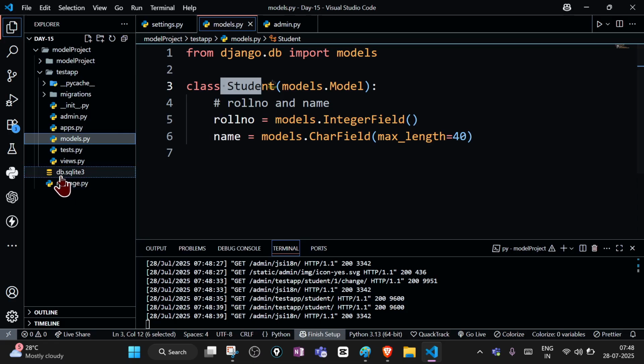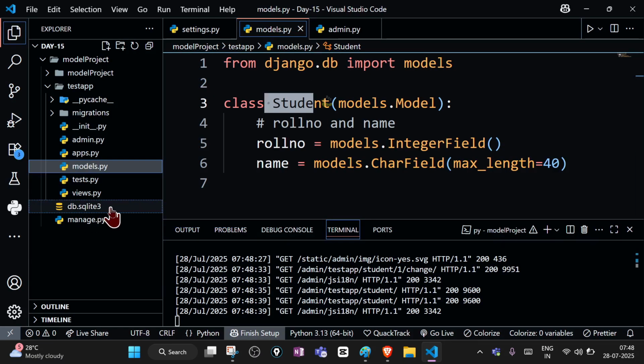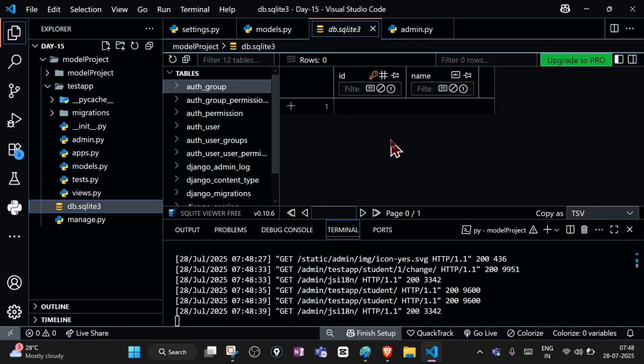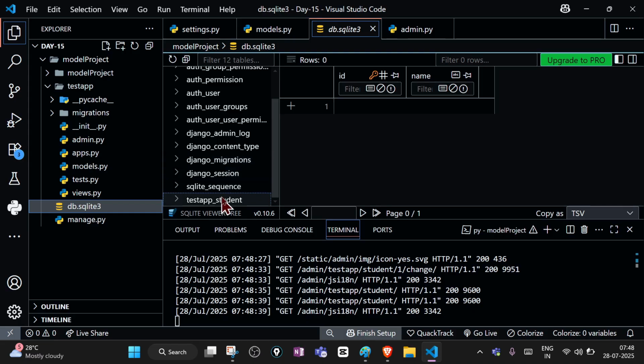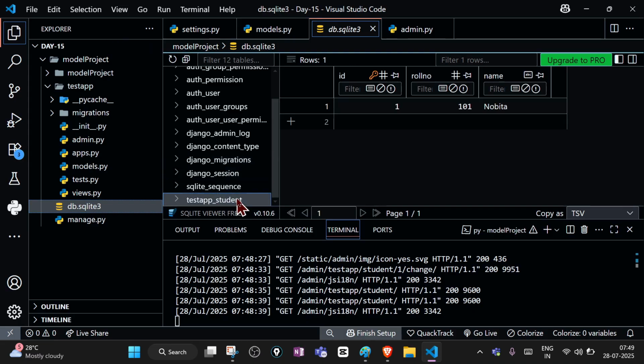we have the default database, which is SQLite3. Inside the SQLite3 database you will see test app underscore student. This is our model. In our model we are getting one entry with roll number and ID. See, I said it adds one column by default, which is ID, and these two columns, roll number and name, are created by us. You can see that here also, but when you click on db.sqlite3, you cannot see this